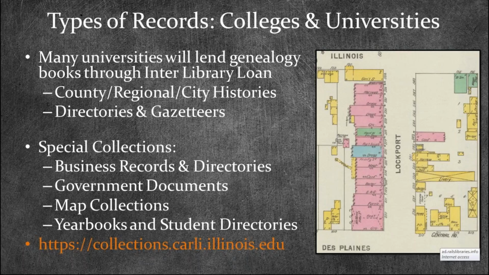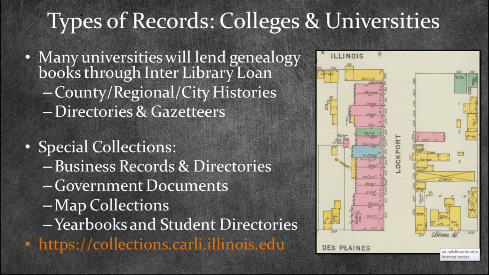So they provide these books and make them available as long as they're not part of their special collections or their archives. So things like county histories, whether it's the history of Armentrout, West Virginia, or it's a regional history like the history of the Juniata Valley in Pennsylvania, it doesn't really matter what the subject is, as long as it's a book that they have in their general stacks, then you should have absolutely no problem borrowing those materials.